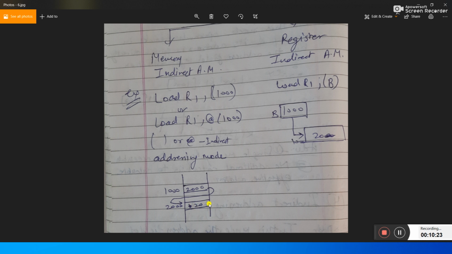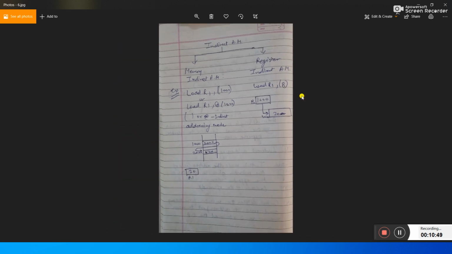The operand 20 is fetched from this location and stored in R1. In register indirect addressing mode, the register contains the address of the operand location. So B has the address, the operand will be fetched from this location, and the data will be stored in R1.